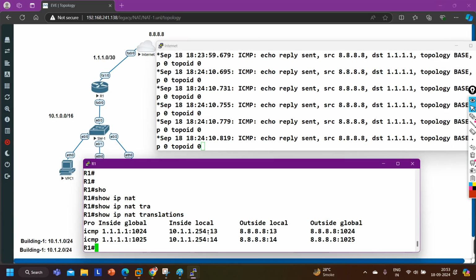Inside local IP address is 10.1.1.254, inside global IP address is 1.1.1.1, and outside local and outside global is 8.8.8.8, right? Guys, actually this is port translation, right? PAT, port address translation.